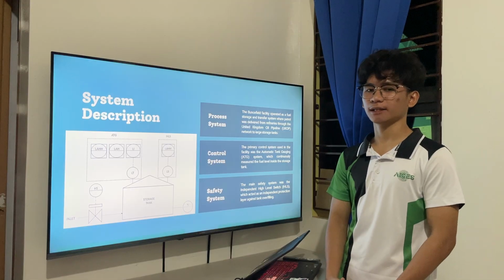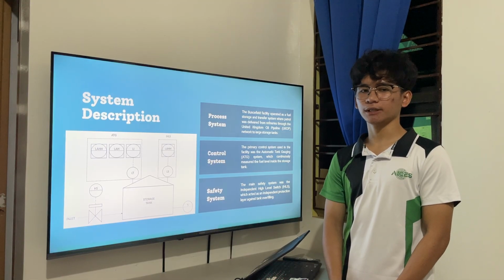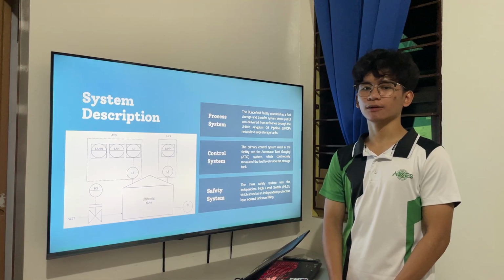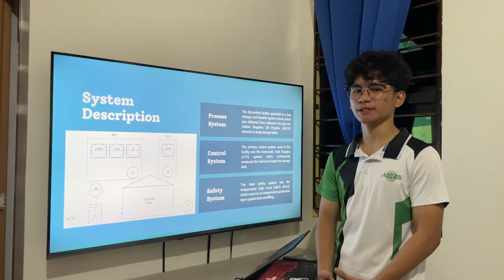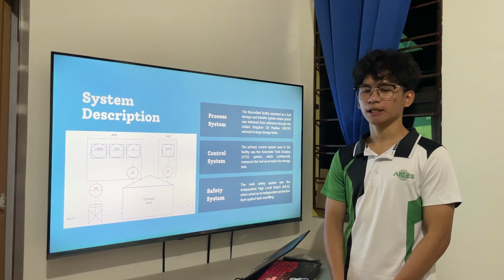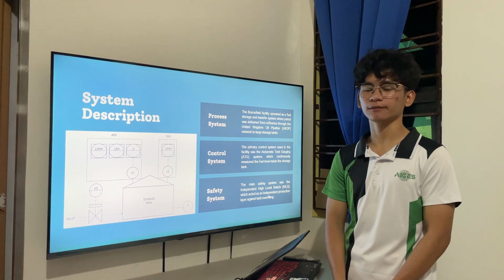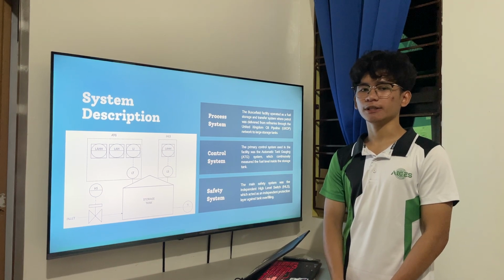When any of these alarms were activated, the control room operator was expected to respond by manually stopping the filling process, usually by closing the control valve on the fuel inlet line. This approach is known as the Manual Overfill Prevention System or MOPS because it relies on operator action rather than automatic shutdown. And we have the HS, the emergency shutdown switch in the control room, which was intended to allow operators to quickly close the inlet control valve in case of an emergency. However, in the Buncefield system, this switch had not been properly wired and therefore could not function during the incident.